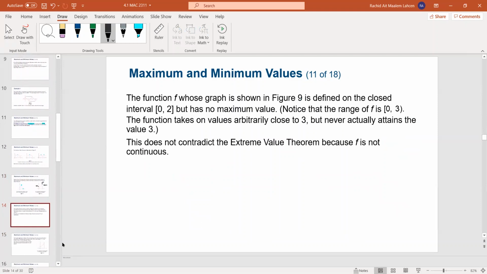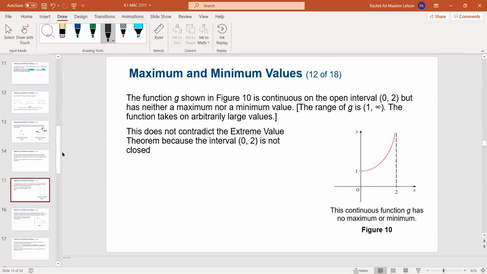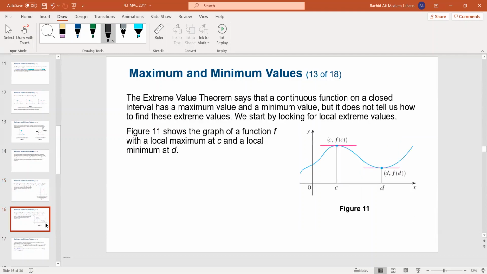So the function whose graph is shown in 9 and 10 on this interval has no maximum value. Notice that the range is [0, 3), but this does not contradict the extreme value theorem because f is not continuous. Right. So the function g in 10, similarly, just as I explained it. So